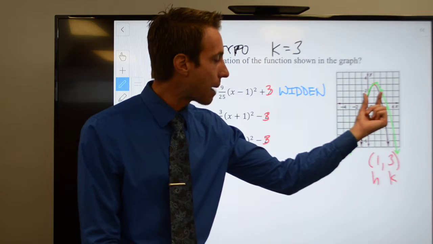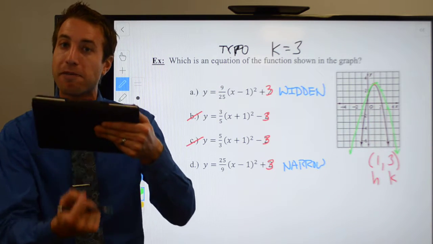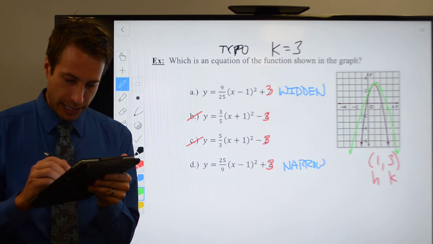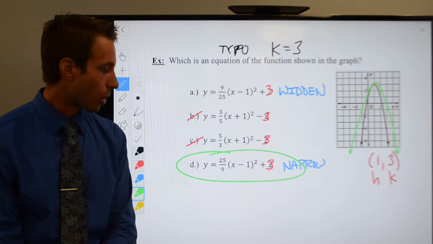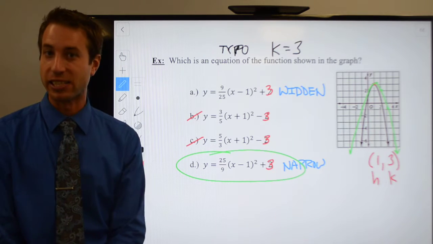And since the parabola you were given is inside of that parabola, that means it's been vertically stretched. It's been made narrower. And your correct answer is going to be that one right there, where a is a number bigger than 1, or in this case,